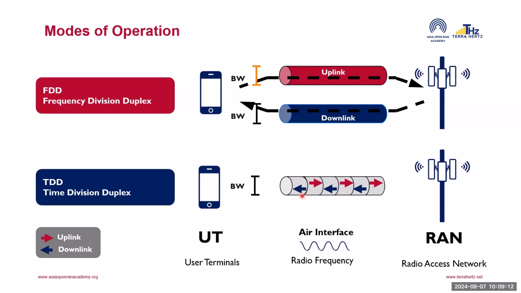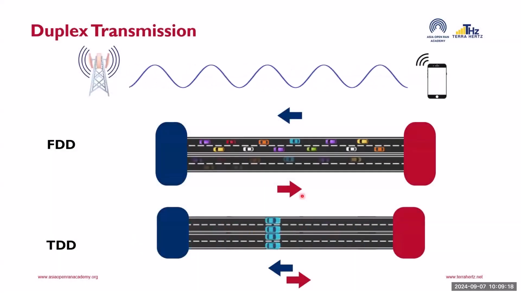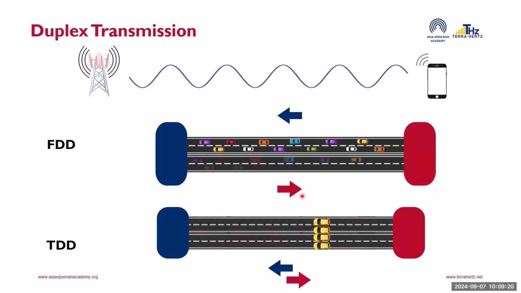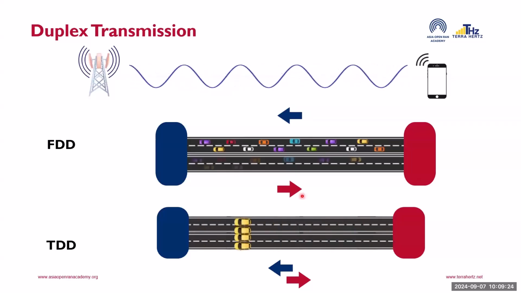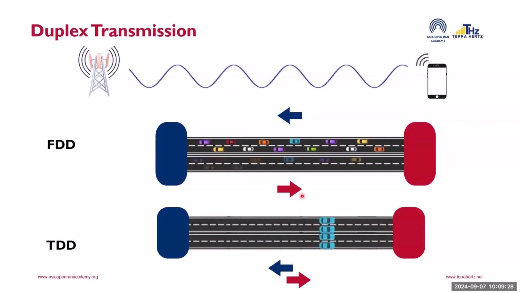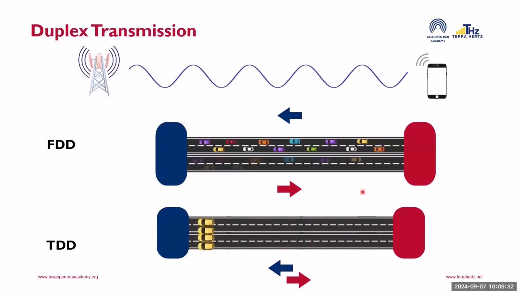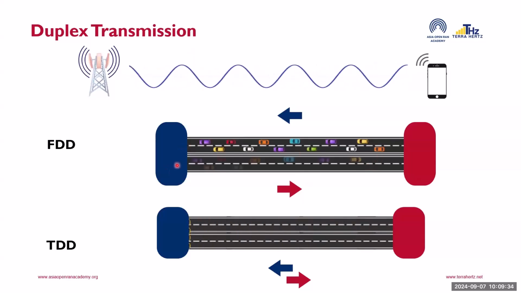I can give you an analogy to use. Okay, so there's a transmission, no? You are transmitting your data from the cell site going to the mobile phone, and your mobile phone going back to your cell site. Consider the frequency as a road, kalsada. So if you have a two-way road, there's a northbound and then a southbound,